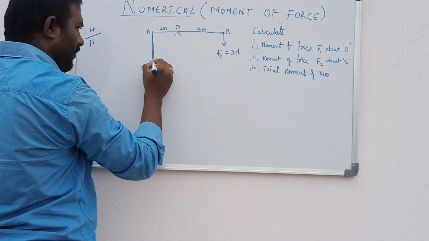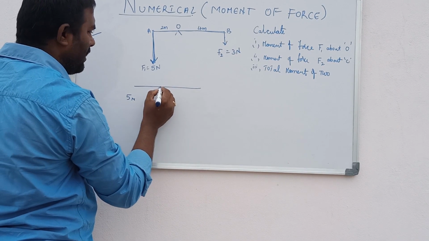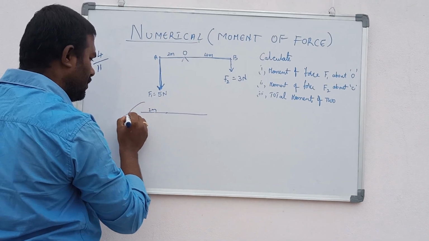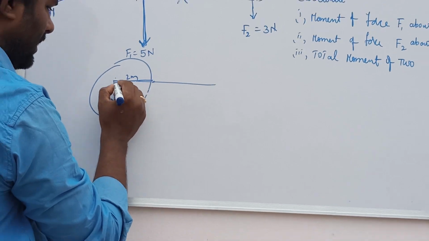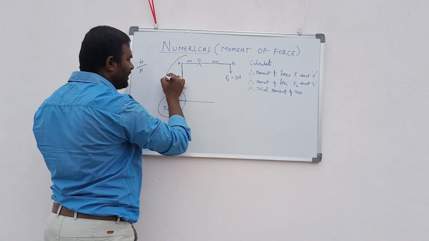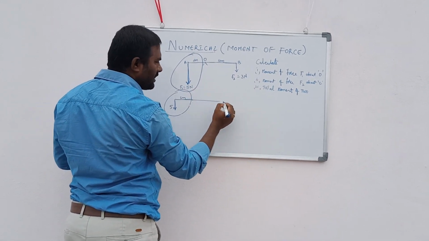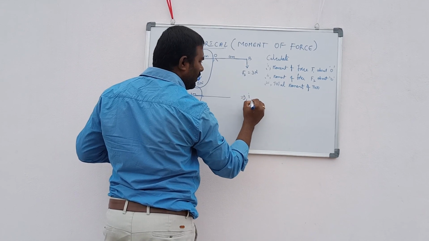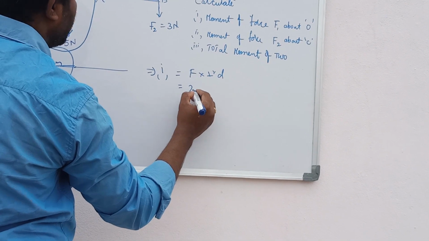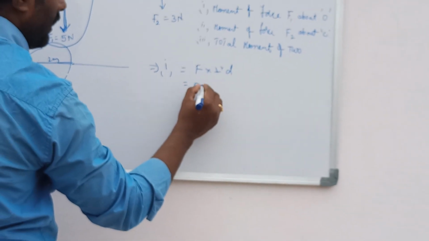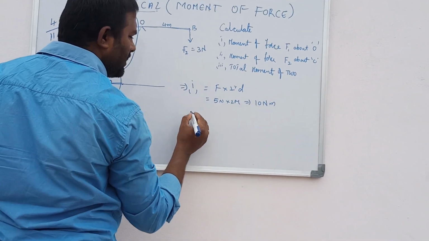But when you are applying 5 newtons, a rod is there. This is 5 newtons and this is 2 meters. So this is a perpendicular, this is the distance and this is the force. These two are perpendicular and this is called the moment of a force. They are asking the moment of force at F1. So moment of force F1 is equal to force into perpendicular distance. Force is given how much for us? 5 newtons. And distance is 2 meters. Therefore it is 10 newton meters. This is the first one.